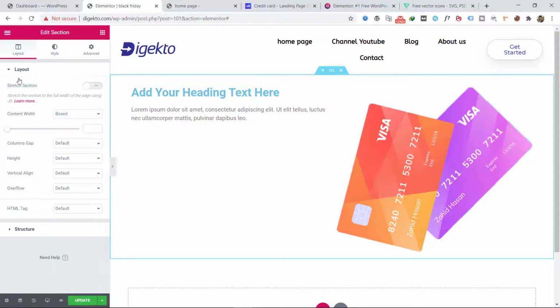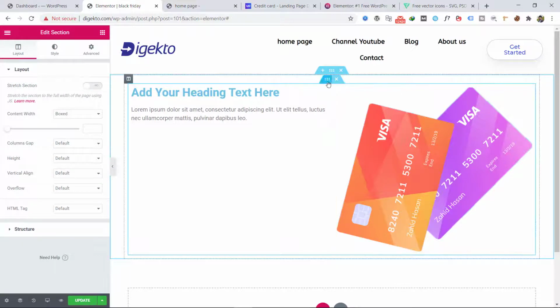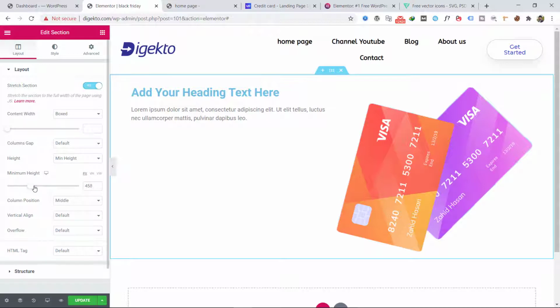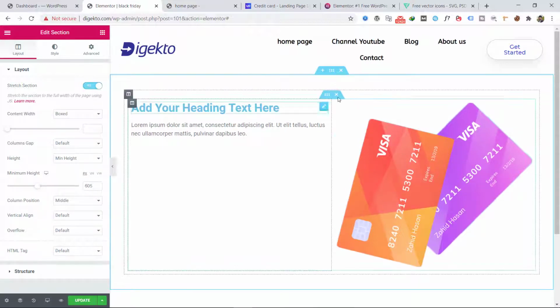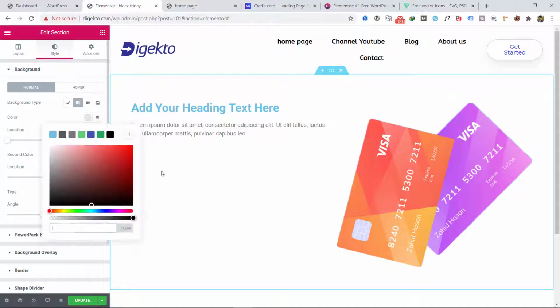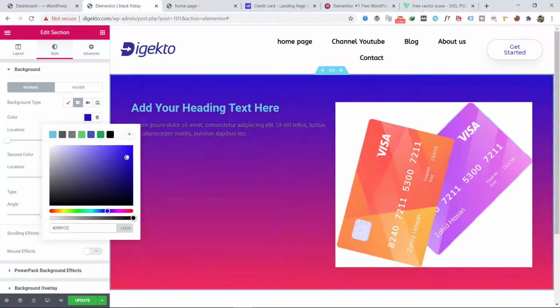In a layout, you have a few options, and under the section, when you want to have an entire screen of this section, if you click on this yes, and content width, you can choose between box and the full width. The height, you can drag down or up, and go to the style and choose a gradient background, first color, the second color,